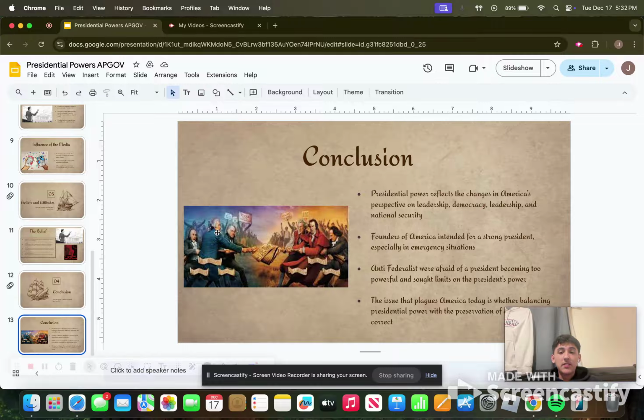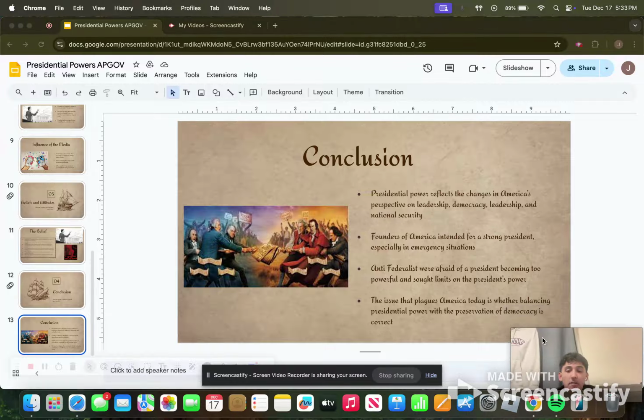The issue that plagues America today is whether balancing the presidential power with the preservation of democracy is correct. Today, we continue to think about how much